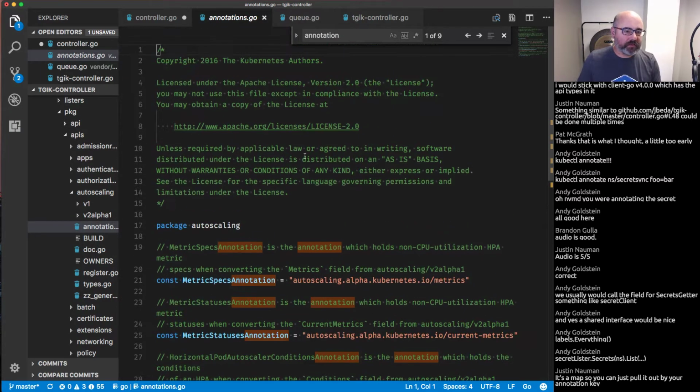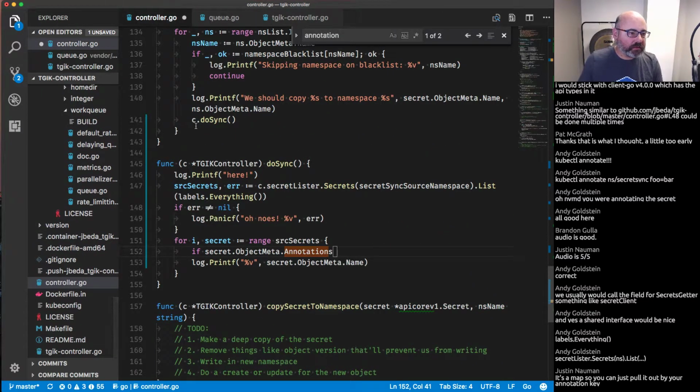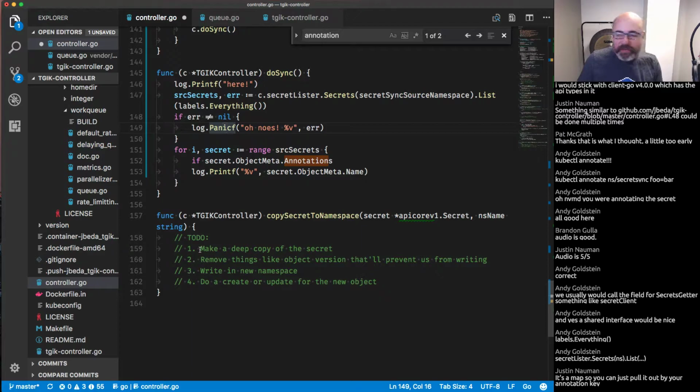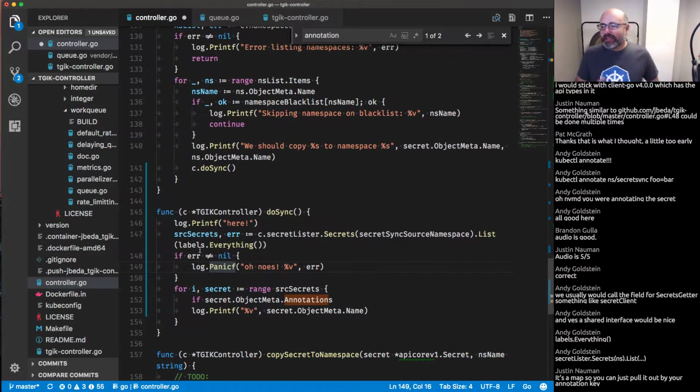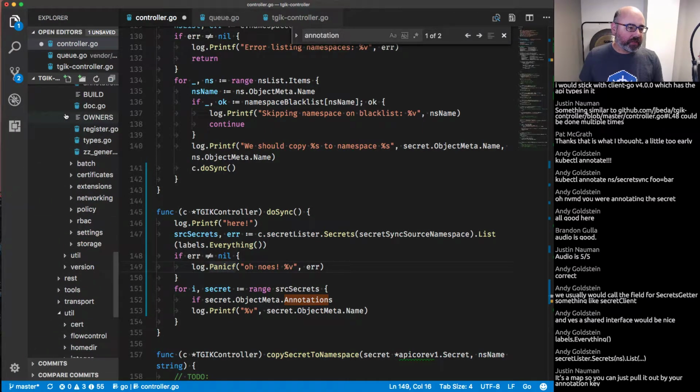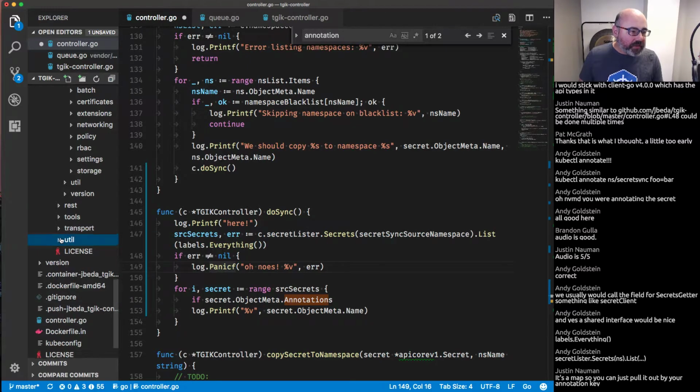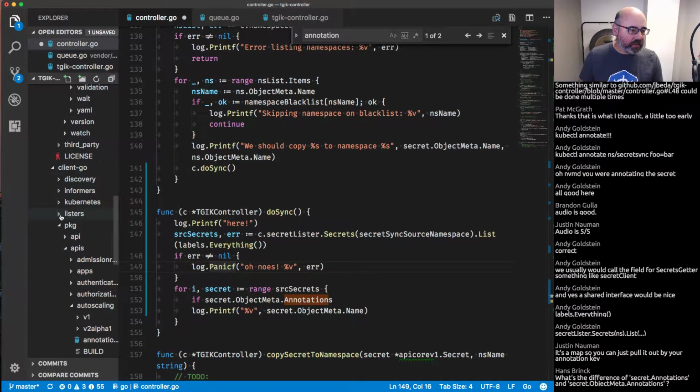So this is just a standard set of annotations for auto scaling. Okay, so that's not what we want. There might be another package. And I think over time, I guarantee you that someplace in the Kubernetes code base, oh, is it a map? Justin, you say it's a map, so I can just pull it out. Okay, but there's utility someplace in the Kubernetes code base for doing all this stuff. Not all of that stuff has actually been pulled out into really nice packages yet. Some of that stuff is in Client Go. So if we look in Client Go here,